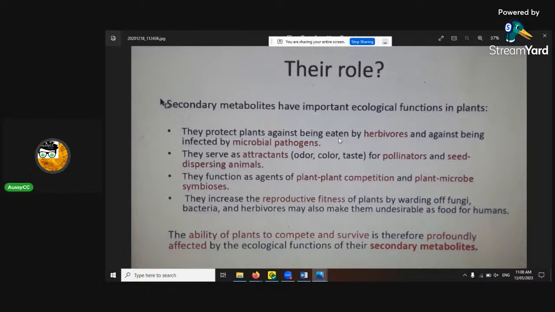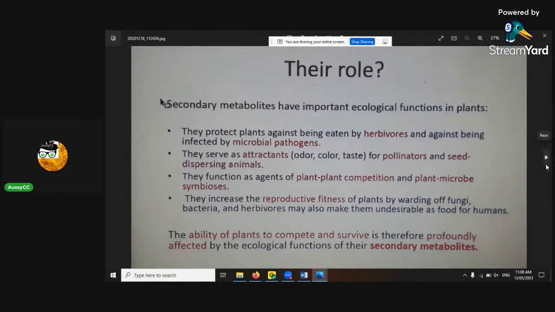They protect plants against being eaten by herbivores and against being infected by microbial pathogens. They serve as attractants as well for odor, taste, and color, for pollinators and dispersing animals. They function as agents of plant-to-plant competition and plant-to-microbe symbiosis. They increase the reproductive fitness of plants by warding off fungi, bacteria, and herbivores that maybe also make them undesirable for humans. The ability of plants to compete and survive is therefore profoundly affected by ecological functions of their secondary